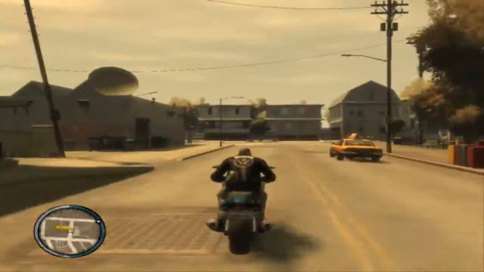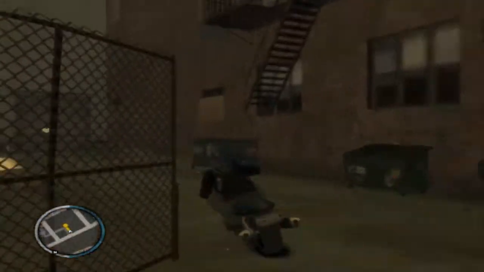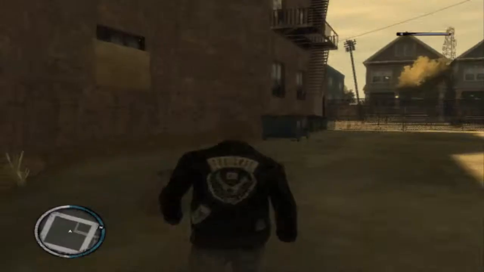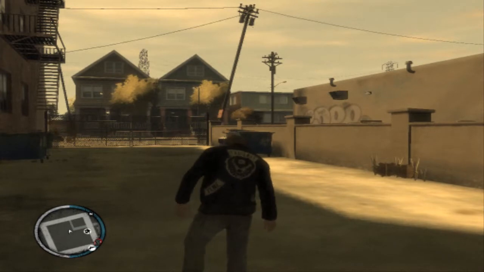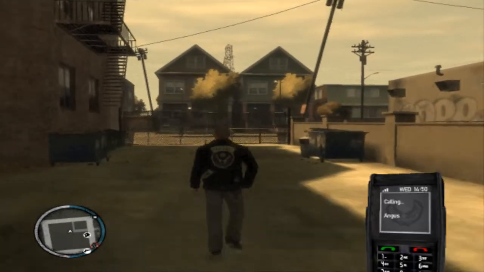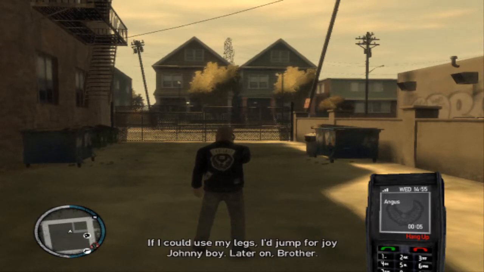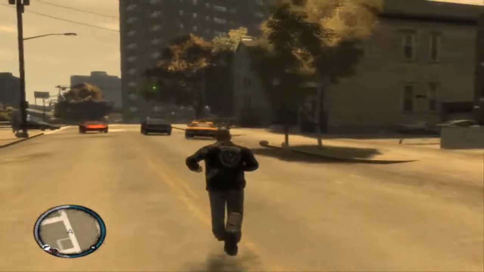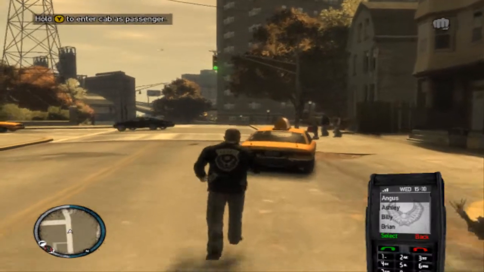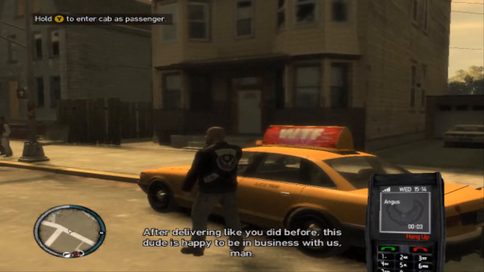But the one thing I do hate about using a bike is the AI tends to like to screw you. I think it actually happened once in this video, especially when you're on the freeway or something. It'll be a straight line, and you can just be driving on the opposite side, and then the AI would just jump right in front of you and mess you up, or if you're on the bike, probably kill you or hurt you really bad. So